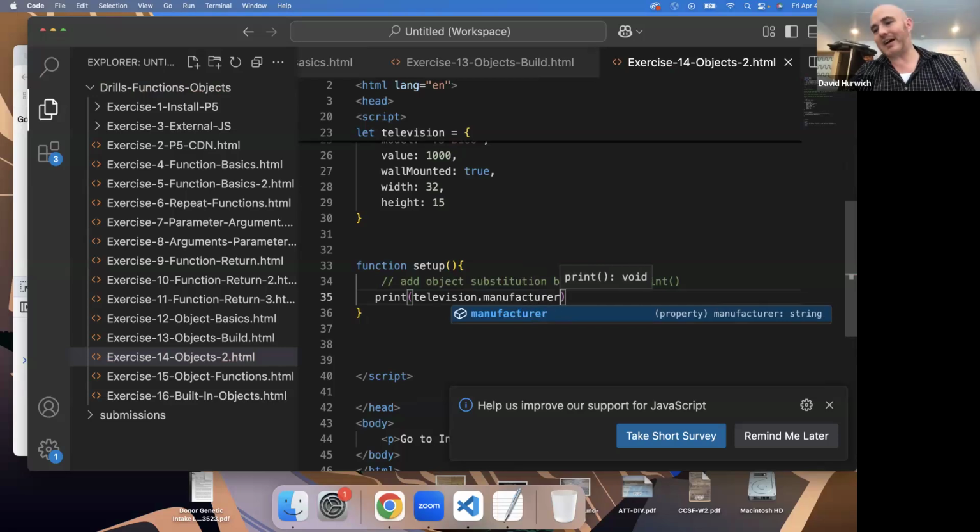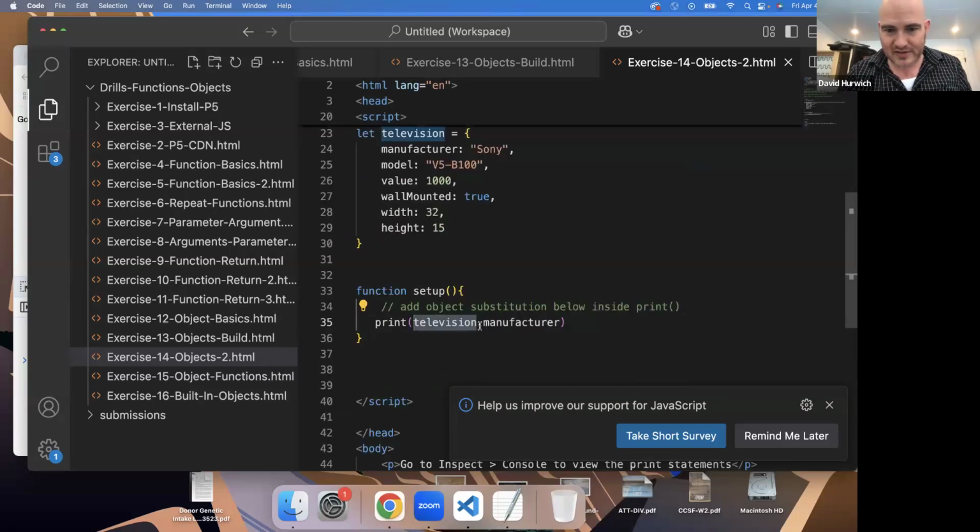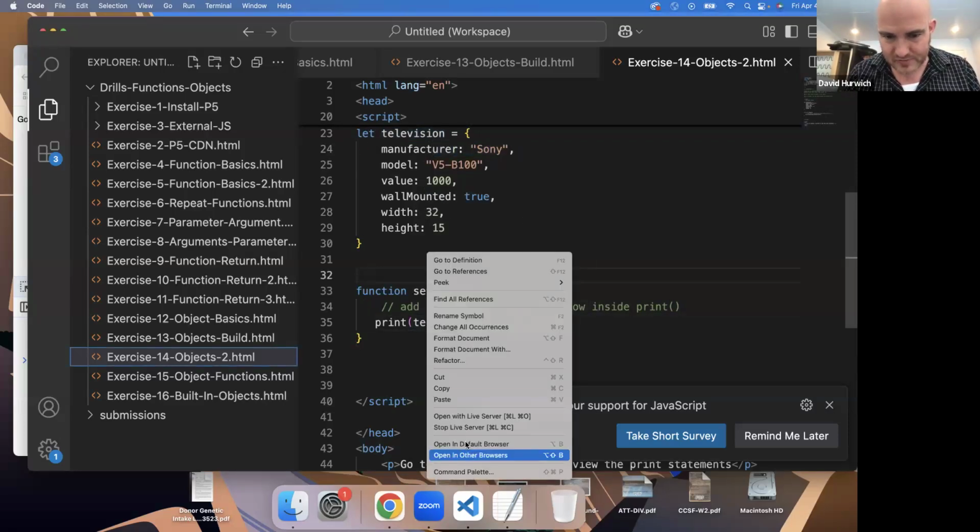manufacturer. Once again, this would be television, and I could write all the properties down on a piece of paper. But the idea is, okay, this is the object, and then we go get the value for this. In this case, the manufacturer is Sony. And if I were to preview this,